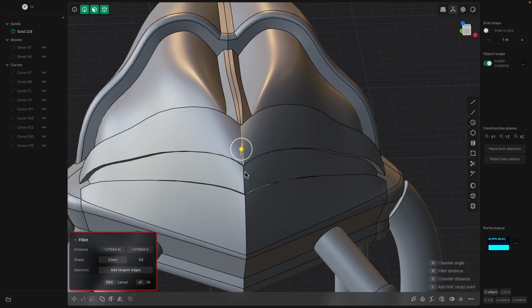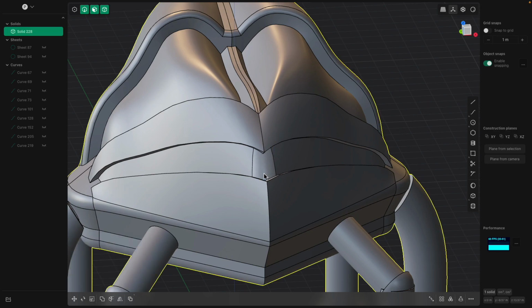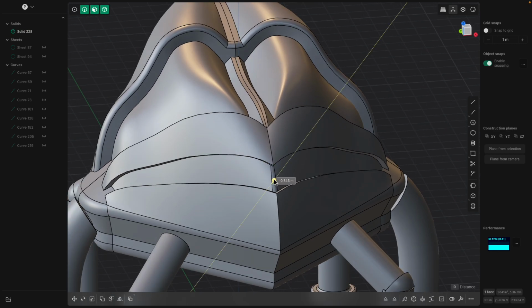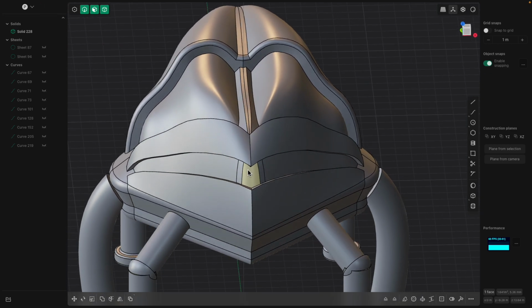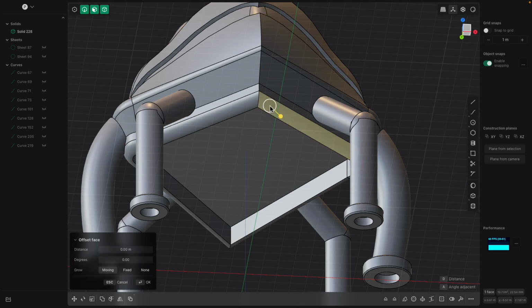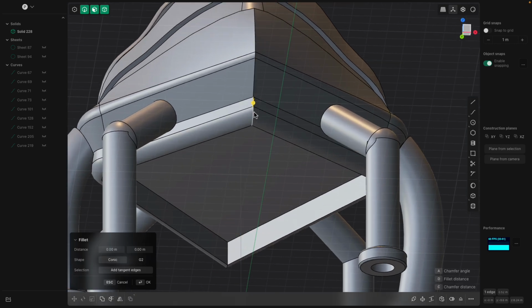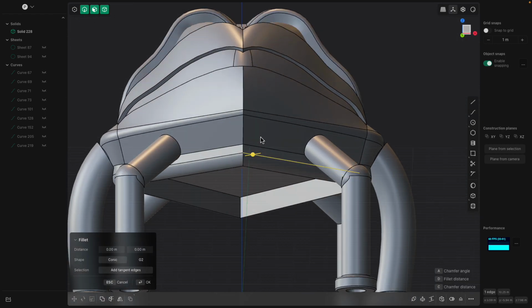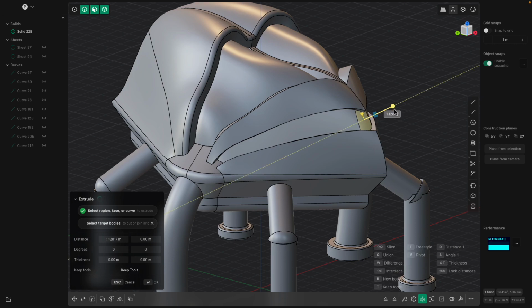So I can bevel that area. Once I bevel it, I can maybe extrude or something. If we can extrude, we can have like a